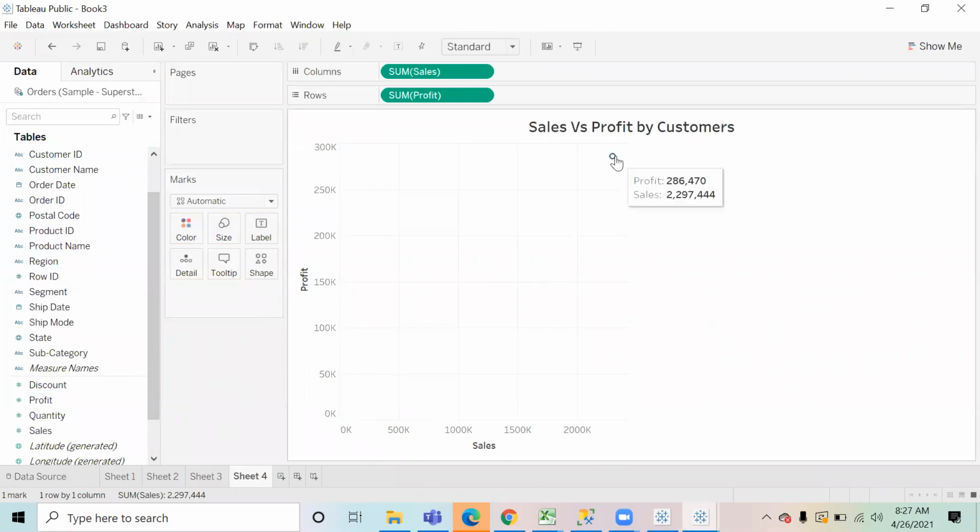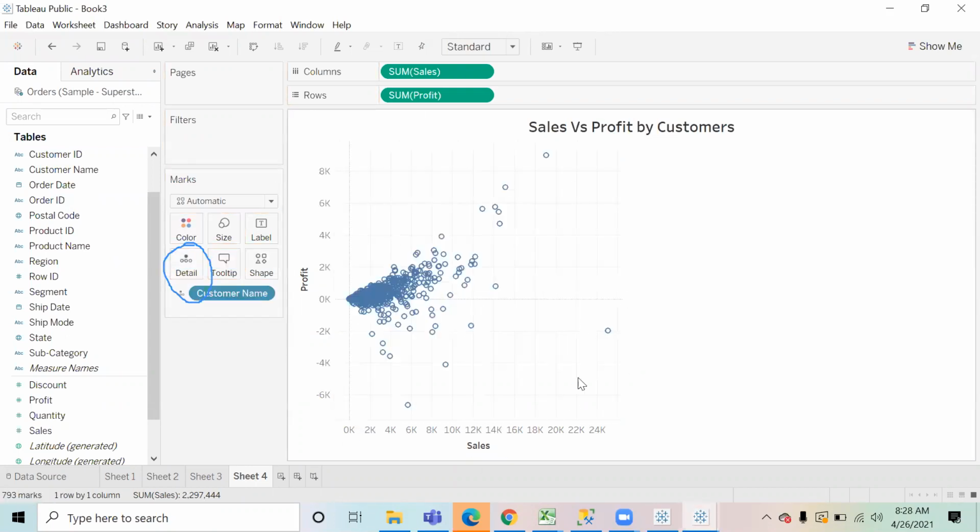Sales and profit, but I'm only getting one single bubble. Why? Because it is giving me the total of sales and profit over here on this bubble. And I want to break this data by customers. Now that is where we are going to use the option of detail, right? So when you have detail, if you pick up the customer name and put it in the detail, the chart is going to split up and it is going to give you the detail about each customer in terms of sales and profit. So it is telling me that this customer, Tamara, gave me sales of 19,000 and a profit of almost 9,000.